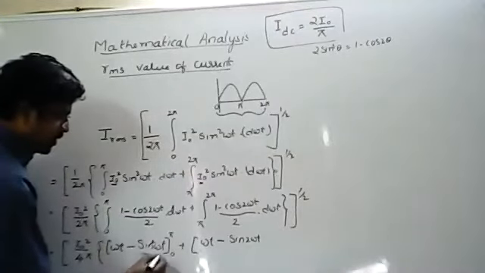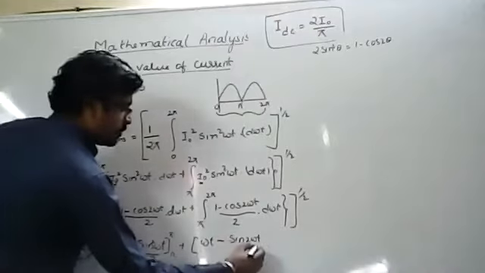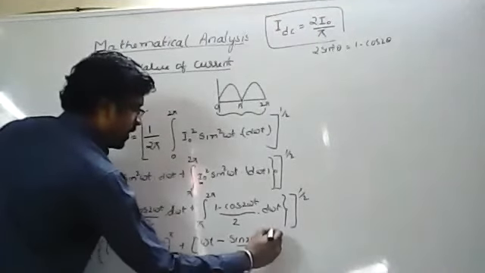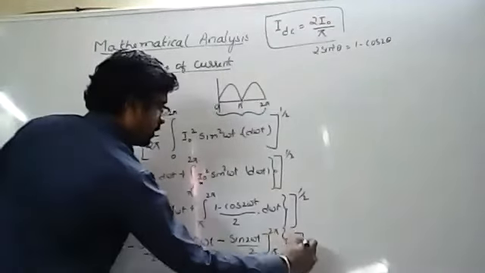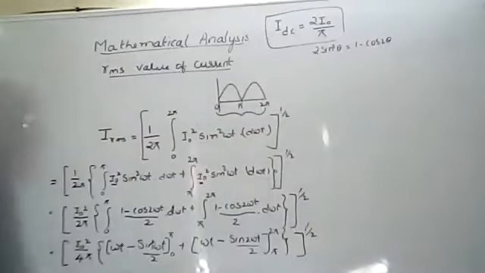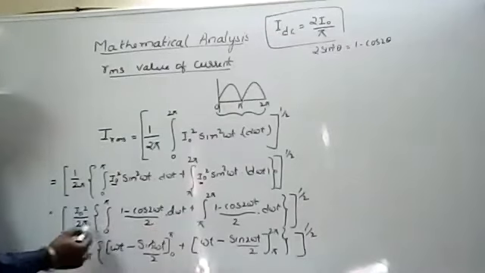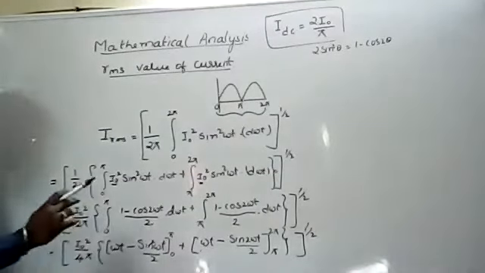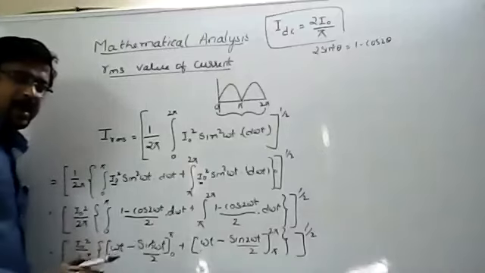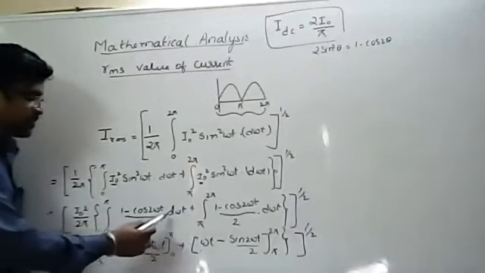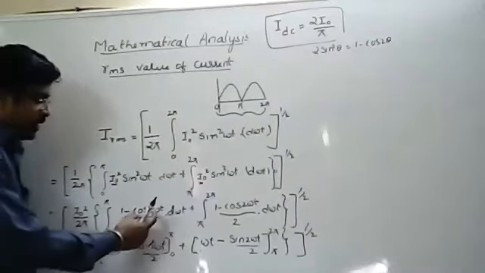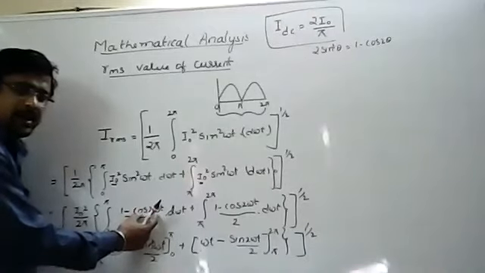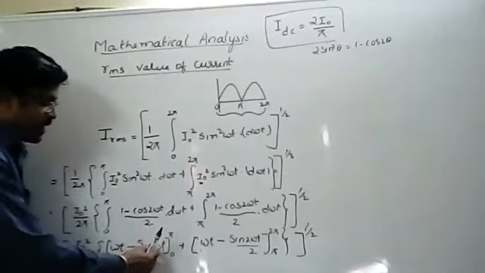Sorry, this is 2 omega t by 2. Again you have to differentiate this one. Within the limits 2 pi to pi, then you have 1 by 2. So I am taking this 2 outside, so that will become 4, 2 into 2 is 4. At the same time, I am integrating 1 with respect to d omega t. So I will get omega t minus the integral of cos 2 omega t. Integration of cos is sine 2 omega t.